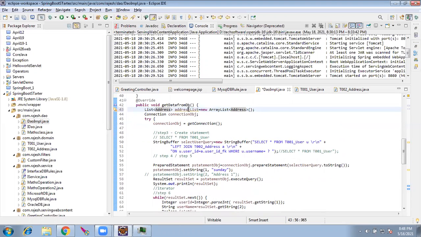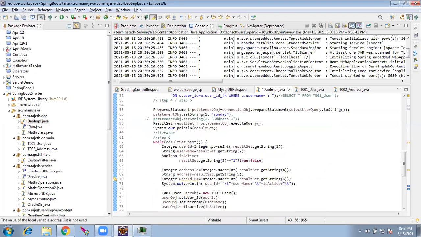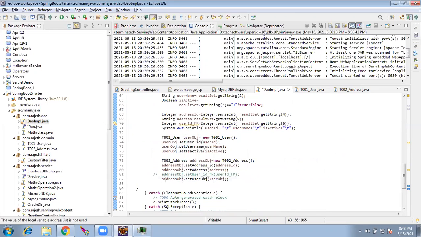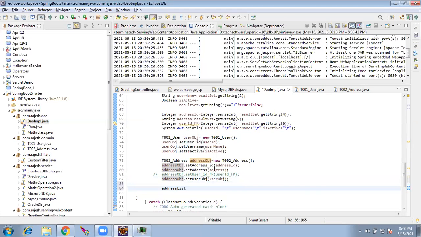So in the for loop, in the iteration, after forming the address object, I will add this address object inside the loop.